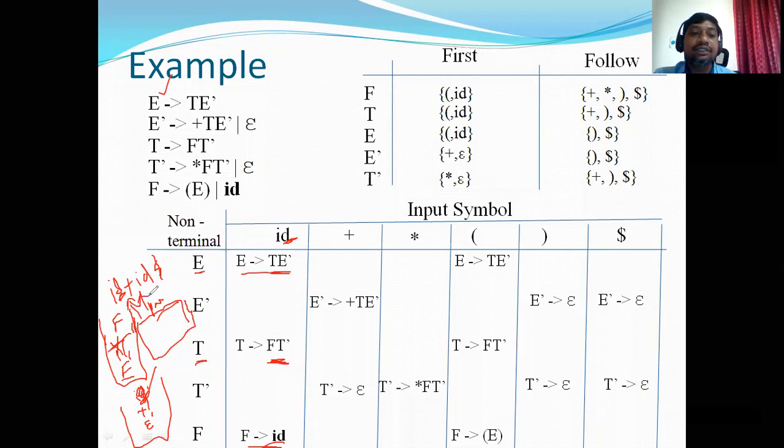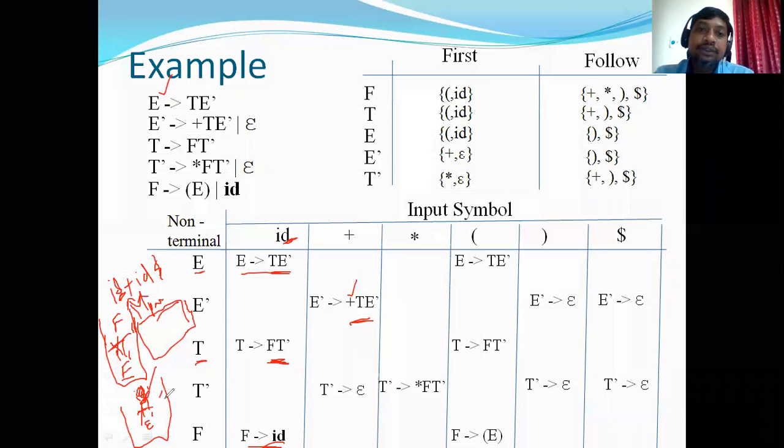Next we have T dash. When you apply T dash, there is a chance of T dash with plus. What is the rule? Plus T dash. Then this plus appears on top of the stack. Plus gets cancelled. Then we go to the next step where we expand T, T again with F, F again with ID, and then we get the exact match.